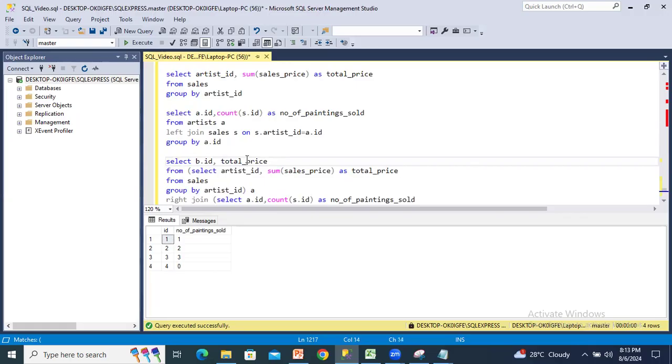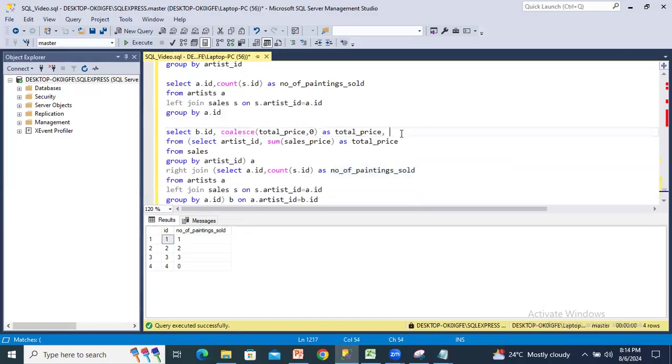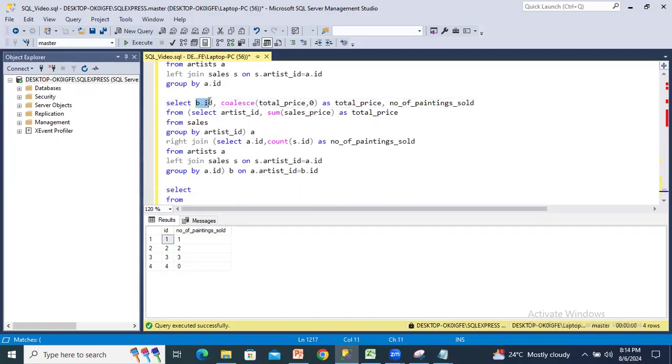So we know the COALESCE function: COALESCE, total price, comma, zero, as total price, and number of paintings sold. Okay. So in the select clause, I have written one is ID, one is total price, and one is number of paintings sold. So if I execute this part,